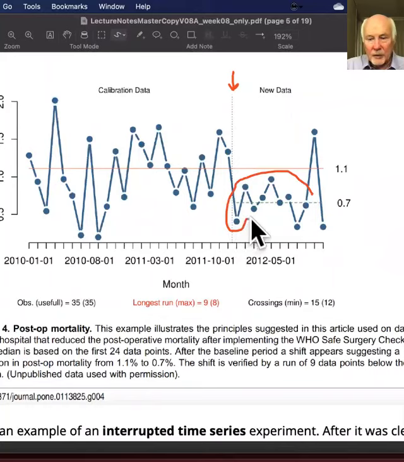9 all below the control line. Okay, so that just by itself is quite strong evidence that we should be 95% confident that there's been a downward shift in the median number of post-operative deaths. Now, the crossing test, however,